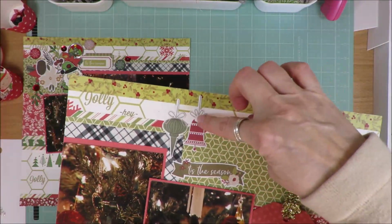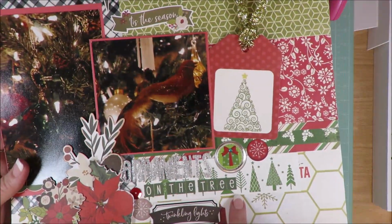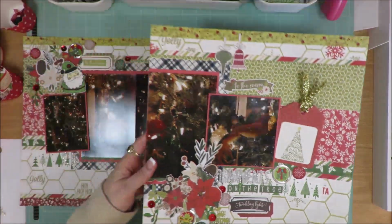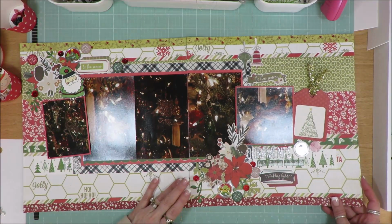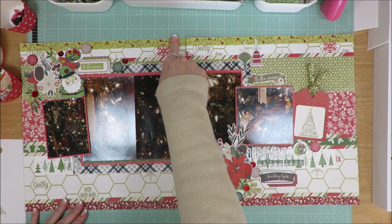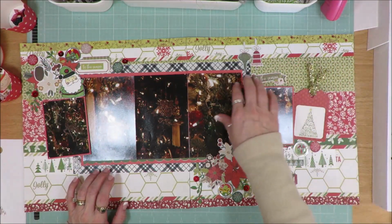I put a few little things up here. That's where all the journaling pieces were. There's no need for a lot of journaling when it says ornaments on the tree and twinkling lights. I think that's sufficient. I didn't end up covering up any of the snowflakes. I felt like, you know, just leave them alone. I used washi tape down here in a single layer, also up here in a single layer, and that's where I have the 2.5 inch piece of the green,